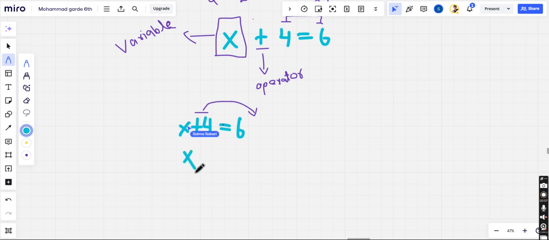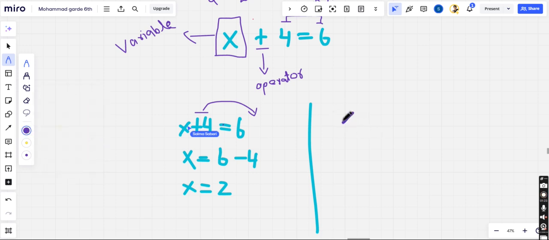X remains here. When we move this positive 4 from here to there, from the left side to the right side, it becomes negative 4. Understand? You see it clearly. X is equal to 6 minus 4, we get 2. This is one solution. The second solution is that